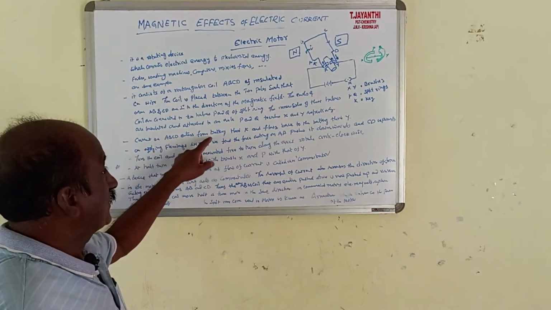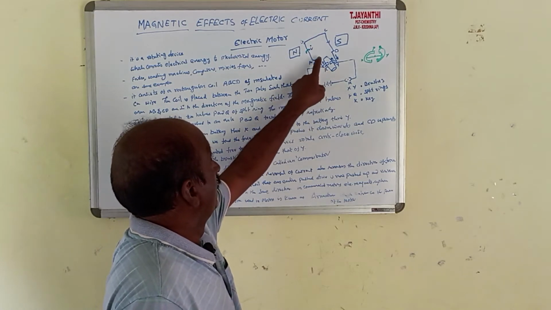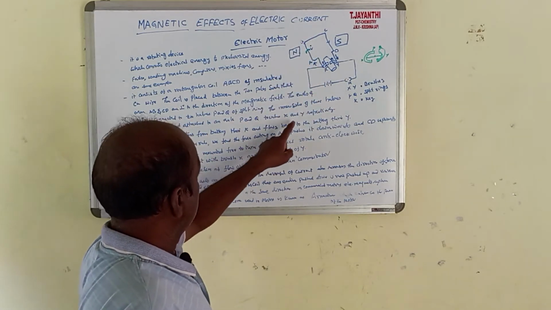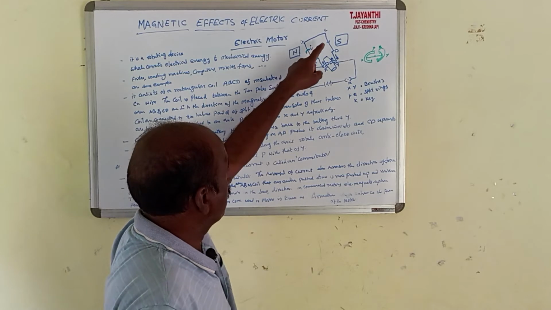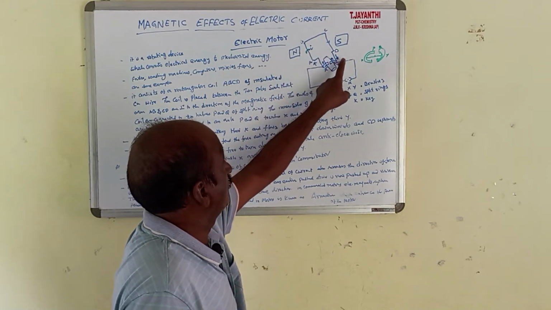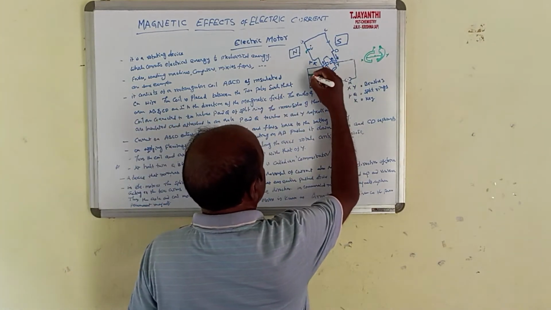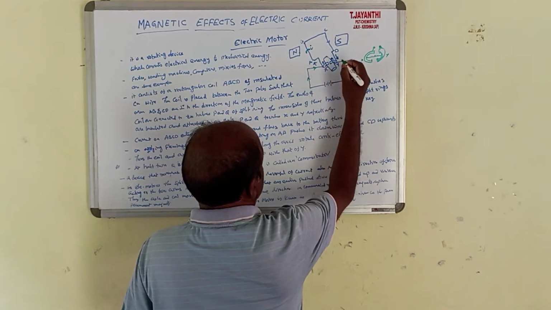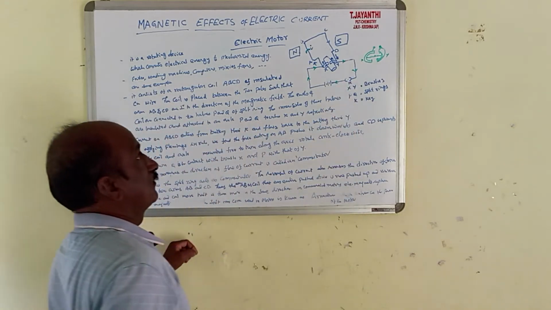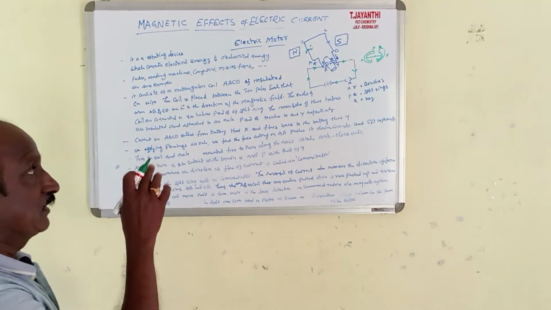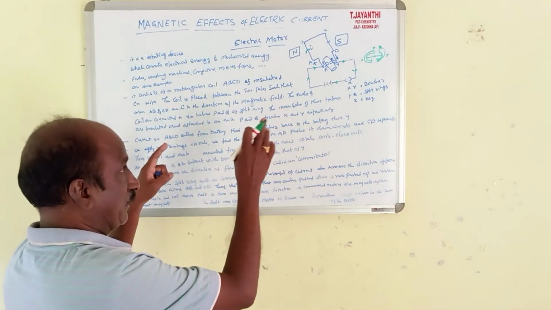Current on ABCD enters from the battery through X to AB and flows back to the battery through Y. Okay, so the current direction is like this, and similarly. Now you got the point. The direction of the current flow, I mentioned here in the diagram, you see, it is exactly like that.